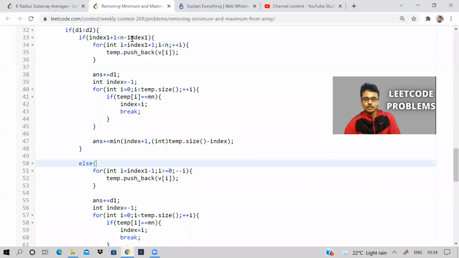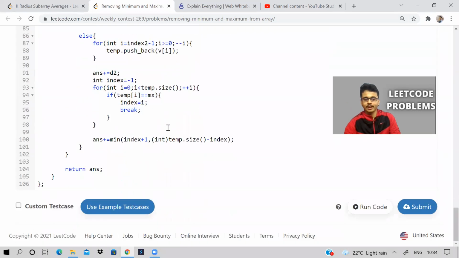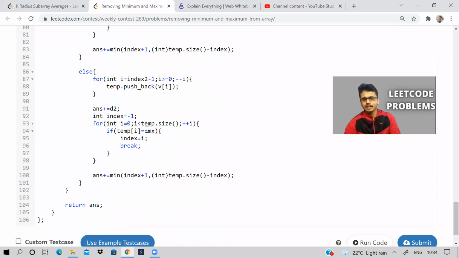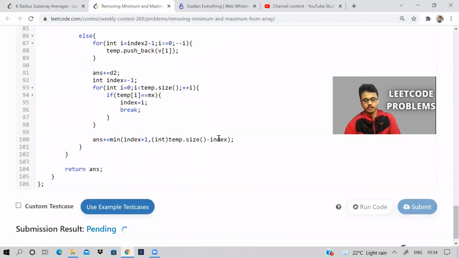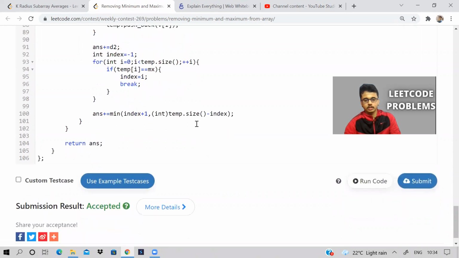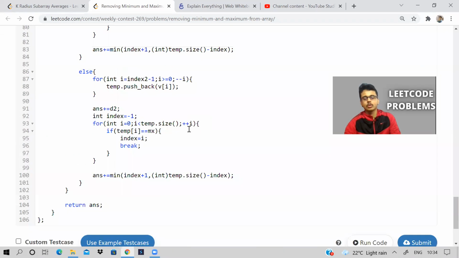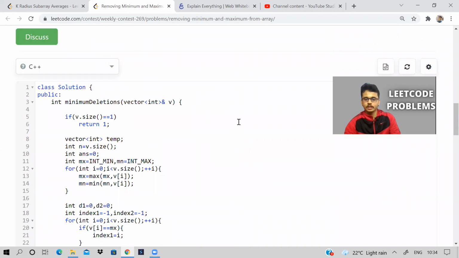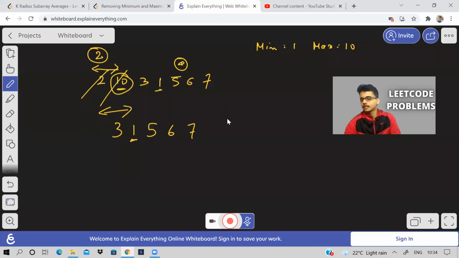I don't know how else to explain to you guys. It's very straightforward, my thinking, but I think you will have a better solution. You will have a better solution with O of one space complexity. You don't have to code so much also. All right. So tell me if you know that solution.